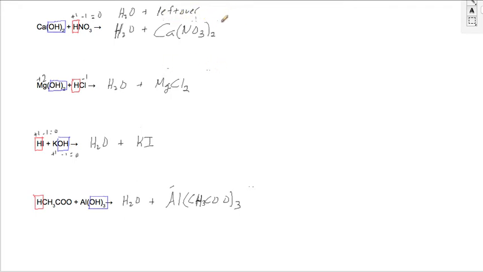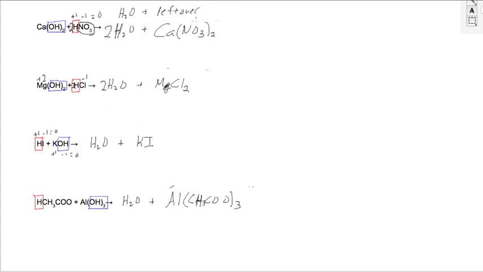Now we can go back and balance these things. If we have 2 hydrogens here, we don't have the right amount of hydrogens here, 3. So I'm going to put a 2 there and a 2 in front there, and that's going to balance it. Now I have 1, 2, 3, 4 hydrogens and 2 nitrates, this one right here, and 2 nitrates. This one's going to be balanced the same way. We have a 2 in front of the water here, a 2 in front of the hydrochloric acid there. Now we have 1, 2, 3, 4 hydrogens,